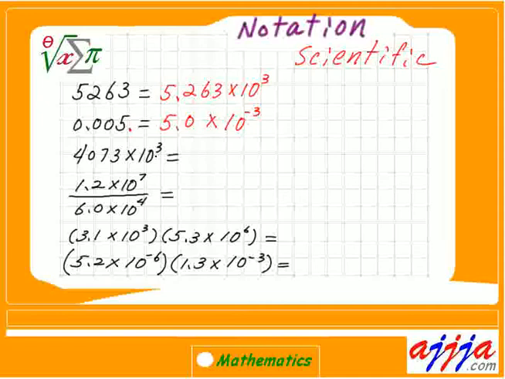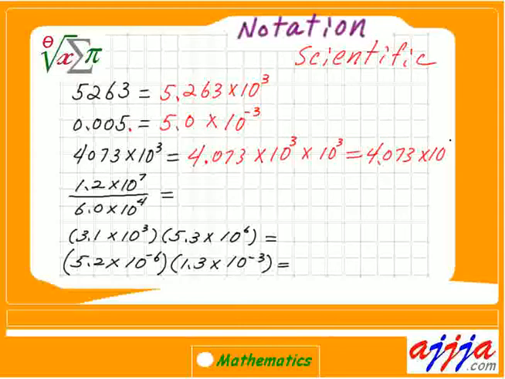Okay, this one is a third power, 10 to the third power. But this one is a 4,073. So 4.073 times 10 to the, say, from this one, you remember the point I put right here, that means a 3, right? Third power, then the original power was there, say third power. So the final answer is what? 4.073 times 10 to the 6th power. See? Very simple. Okay, what about this one?